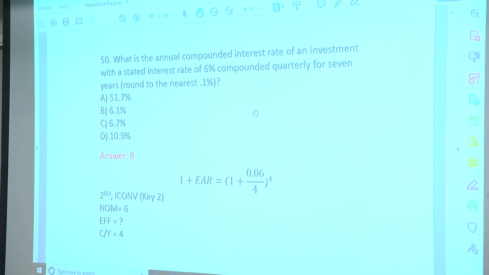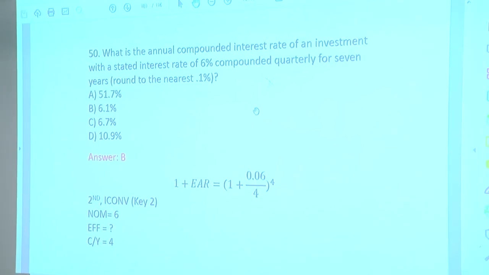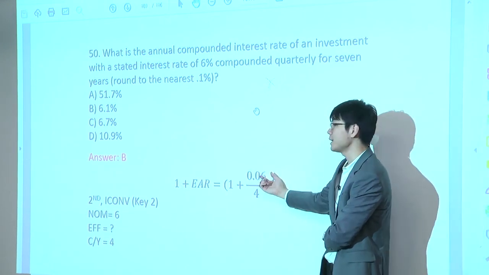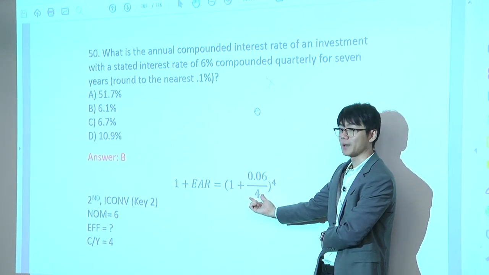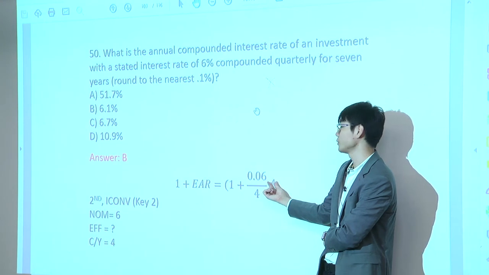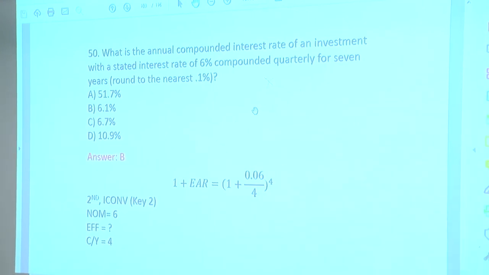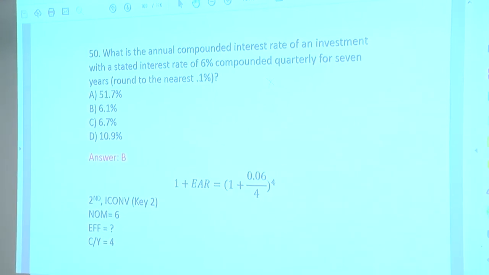If you have a 6% annual rate compounded quarterly, what is your effective rate? You can do it 2 ways. This is one of the ways: 6% annually divided by 4, which is quarterly compounding, raised to the 4th power. Or you can use a calculator, which is